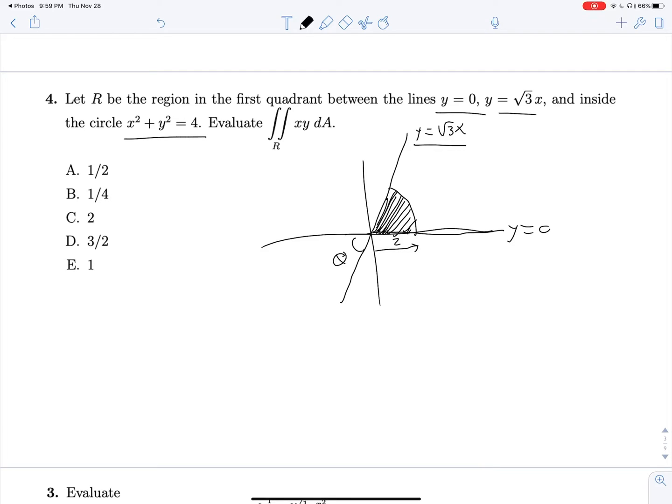So we see that for every 1 unit x that we go over, we're going to go up root 3 units. And if we make a triangle out of this, we're going to see that our hypotenuse is of radius 2,